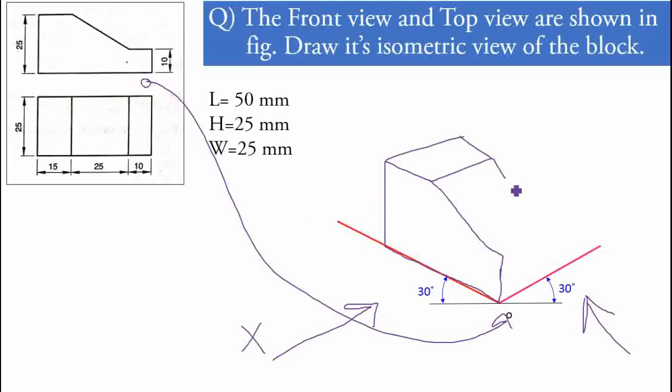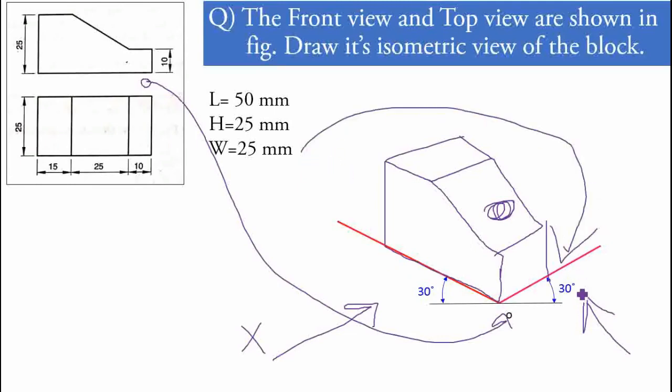You can observe that when we observe this diagram from the front view direction, it will show the slant portion also, this portion is also visible to us. So that is very important: as per this numerical information, the length should be represented on the left side 30-degree inclination line. That is very important. The length will be represented on the left side inclination line. The height will always be represented with the vertical dimension or vertical side, and the width will be represented on the right side inclination line.